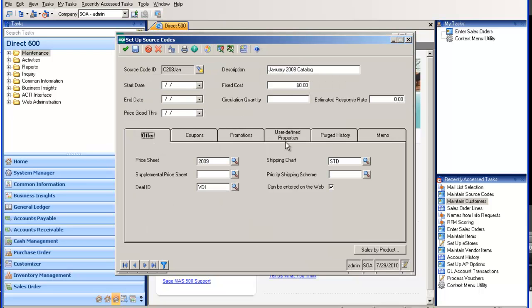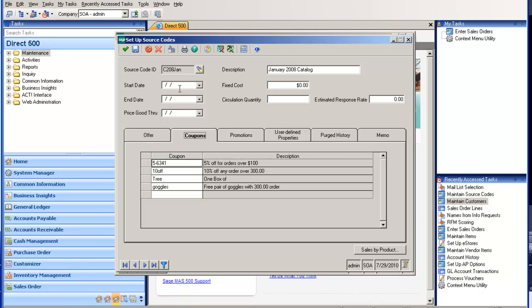Source codes are integral throughout the Direct 500 solution. They not only track the original source of customers, but they also track the source of every transaction as it comes into the system. So here we have defined a source code for our January 2008 catalog, and the source allows us to track the offer in effect. So this offer for the January catalog defines the price sheet that Mass 500 will use. It'll define the deal that is available for this source code. For example, spend $300, get a $10 coupon, or any other coupon that we may want to add to the